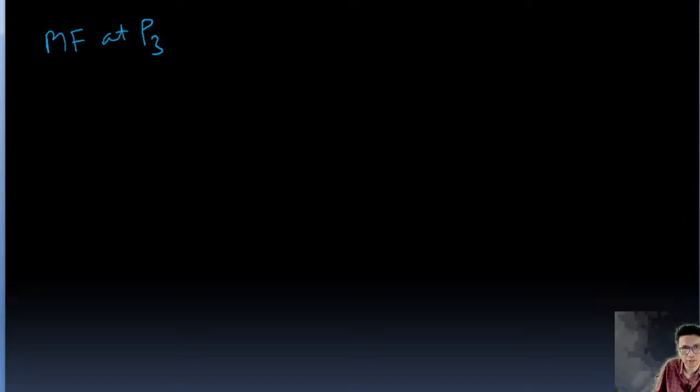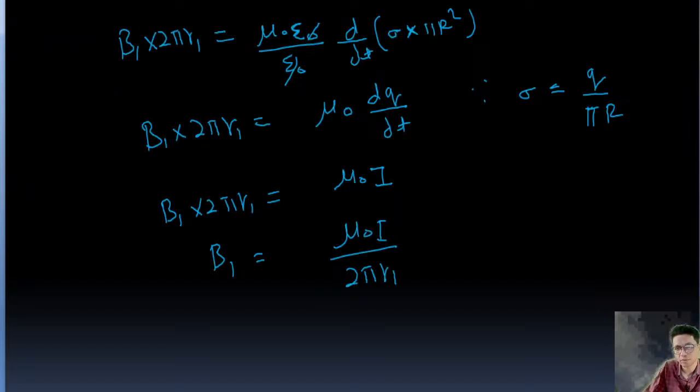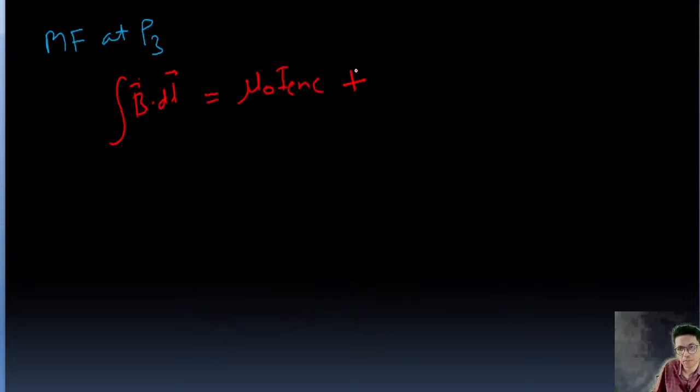I'm writing in red, okay. Integration B dot dl is going to be equal to mu0 I enclosed, plus mu0